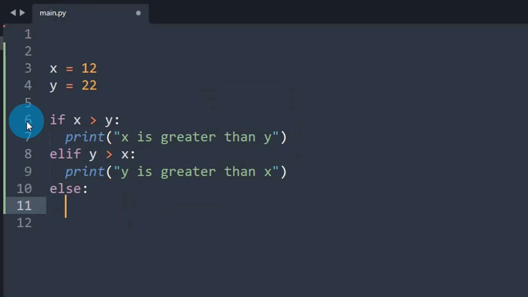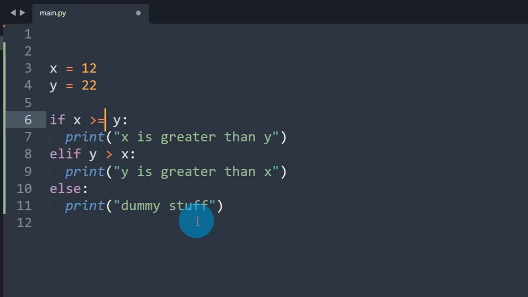Else print dummy stuff. Okay, so this is also a comparison operator, this is also a comparison operator, right? Greater than, less than or equal to, greater than or equal to, like this you can use. You can explore those things on your own.